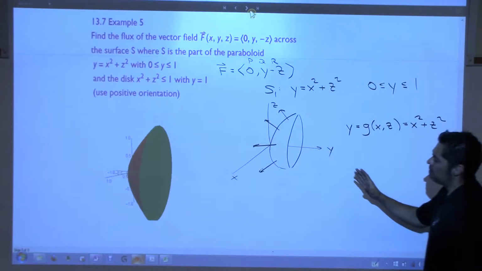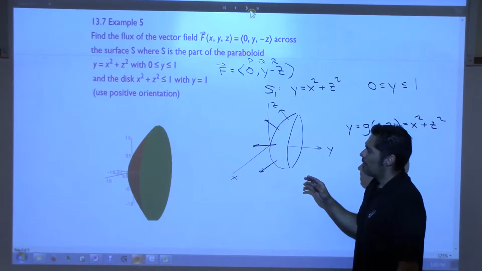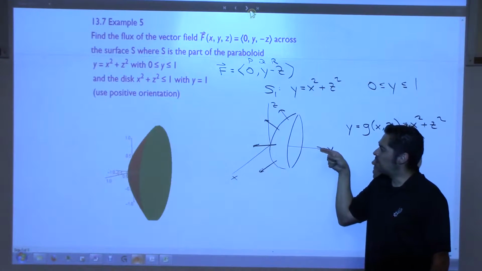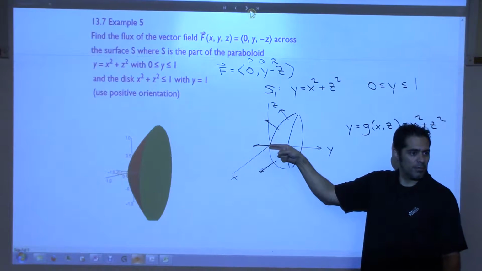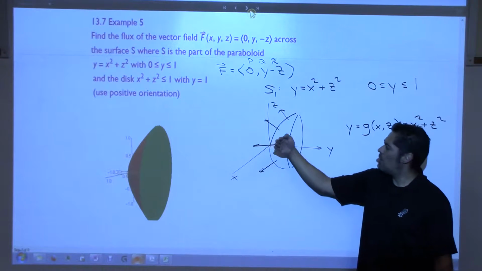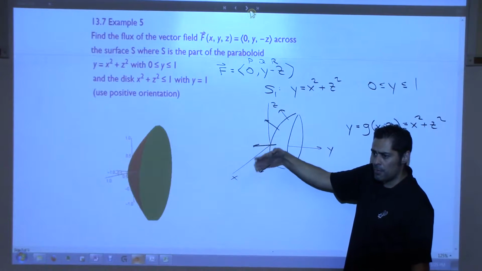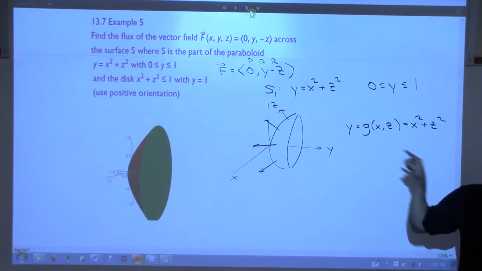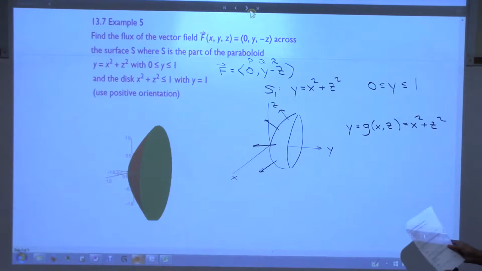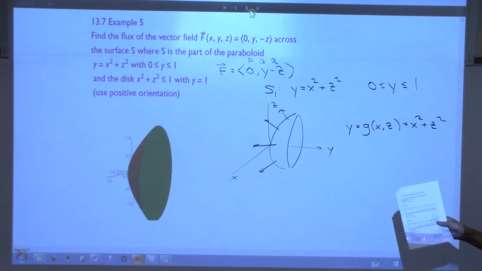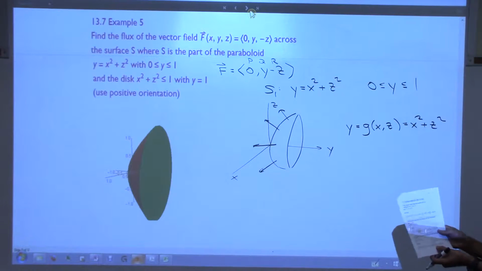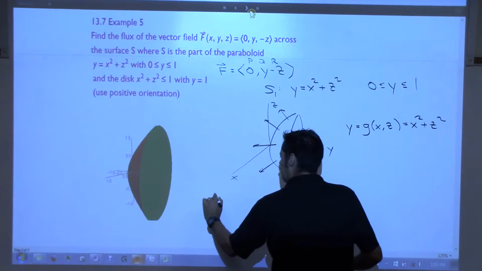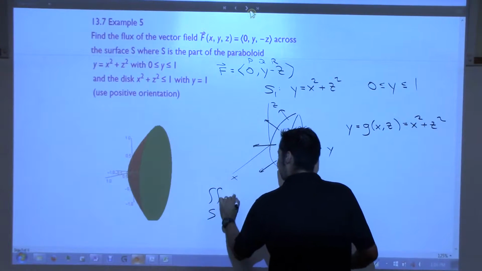The most important thing to think about on these normals is that the y component points in the opposite of the positive y direction, right? They're all tilted depending on where you are on this little bowl, but all of their y components must be negative if they're going to point that way. And so I'm going to use the formula the way it appeared, I think, on the printout, which would be this. The flux integral, this one,